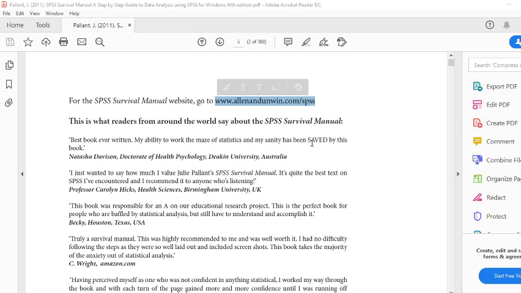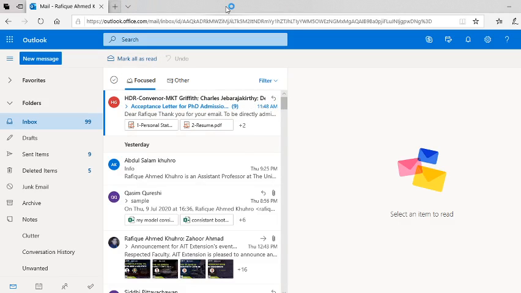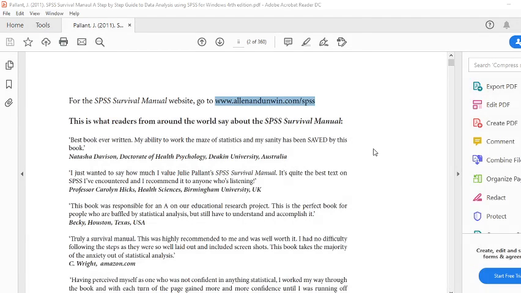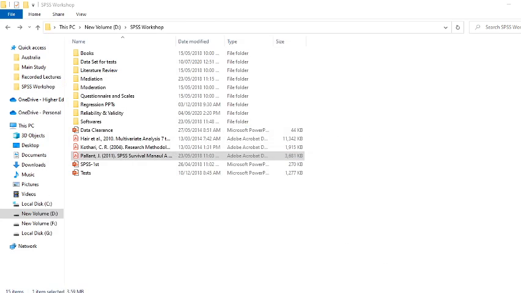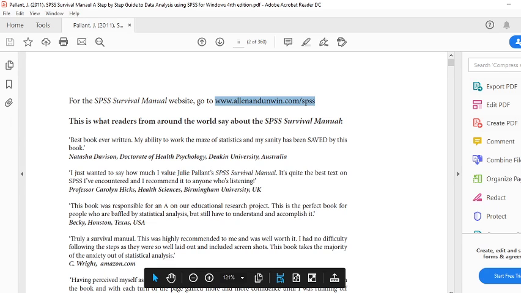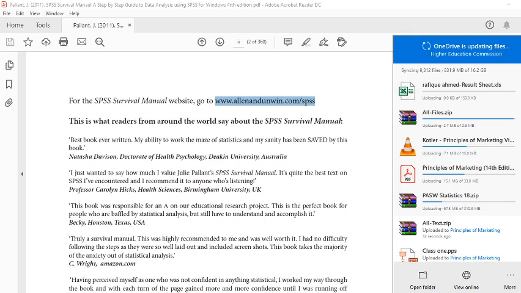Actually this one browser is open, I can copy and paste here rather than opening a new one. Usually when I record the lecture, I open so many files, and apart from that I also have something uploading on my OneDrive.